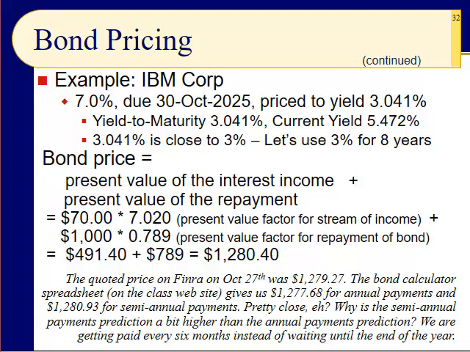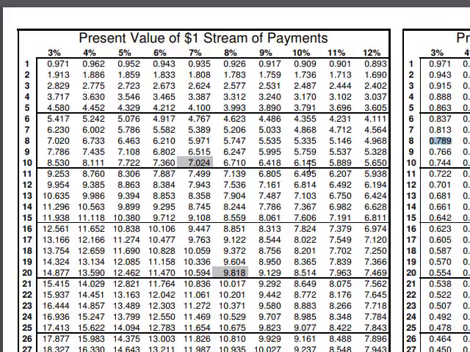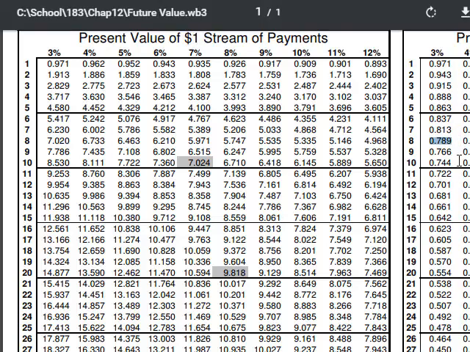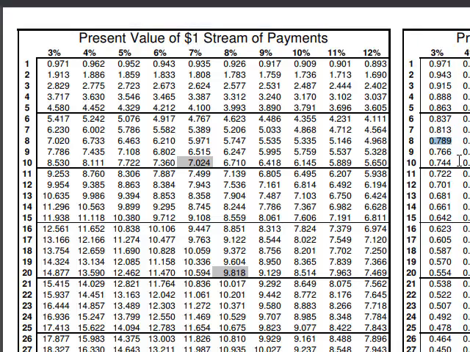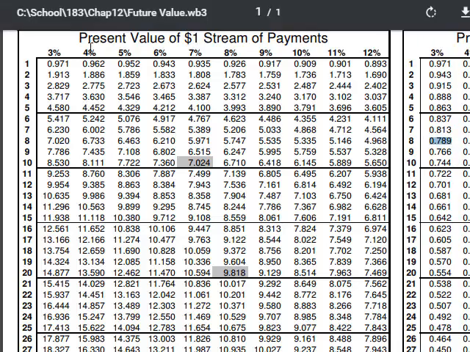So now, where do we get these present value factors? Well, I'm going to run down to the table in chapter 10, and it's very similar to the table in chapter 6. In fact, this one, the one on the right, is the table from chapter 6. But this one is a little trickier. This is the present value of a dollar stream of payments. What does that mean? Well, we know we're going to get